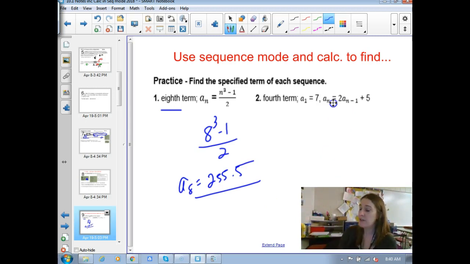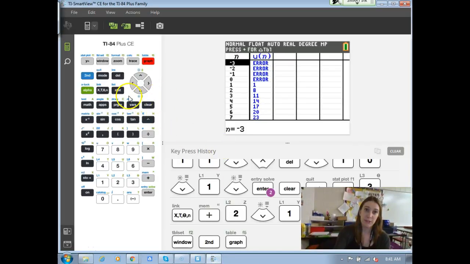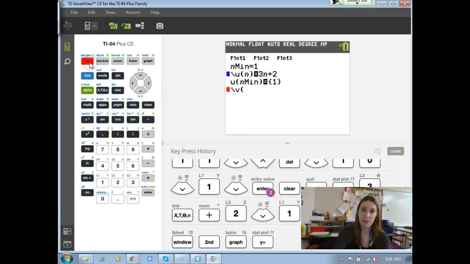Now this one I would like to use my calculator for. This is recursive. So right here, remember a sub n minus 1? That is the previous term business. So here's what we're going to do. We're going to type this info into our calculator. This one's a little more complicated to do, but we'll get around it. All right, so we're going to start with our first term. That's not going to change here, but our formula is 2